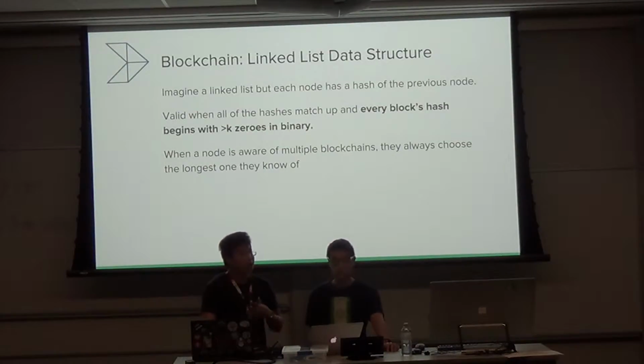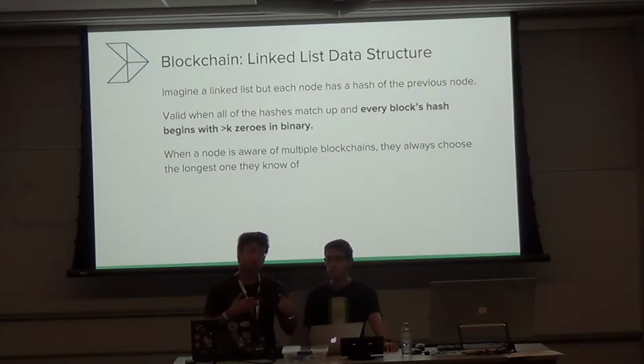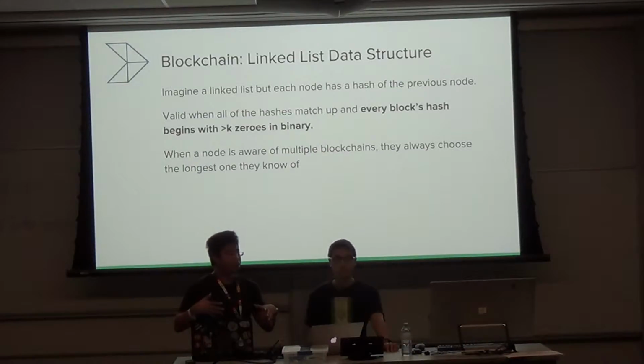On average, if the hash needs to start with k 0 bits, then each attempt has a 1 in 2^k chance of actually resulting in a block that has that property. So Ethereum as a system will automatically adjust the number of zeros that you need to find until that process takes roughly 10 to 20 real world seconds. No matter how much computing power is in the network, it'll adjust itself until it takes that long.